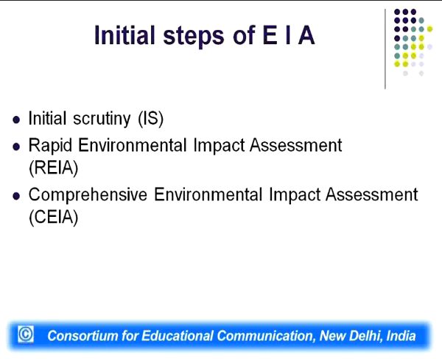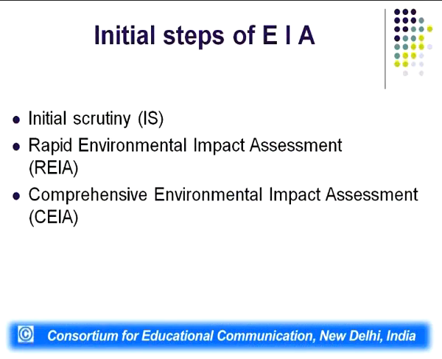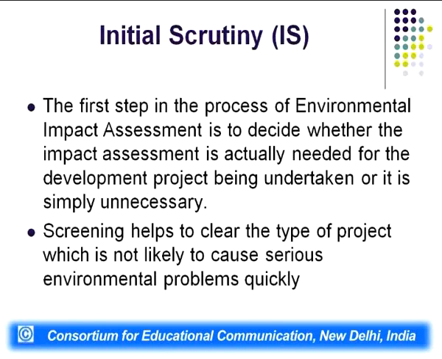What are the types of EIAs? There are generally three types. One is initial scrutiny, also known as IS. The second one is rapid environmental impact assessment, and the third one is comprehensive environmental impact assessment, or CEIA. As far as the IS or initial scrutiny is concerned, it is basically the first step in the process of environmental impact assessment